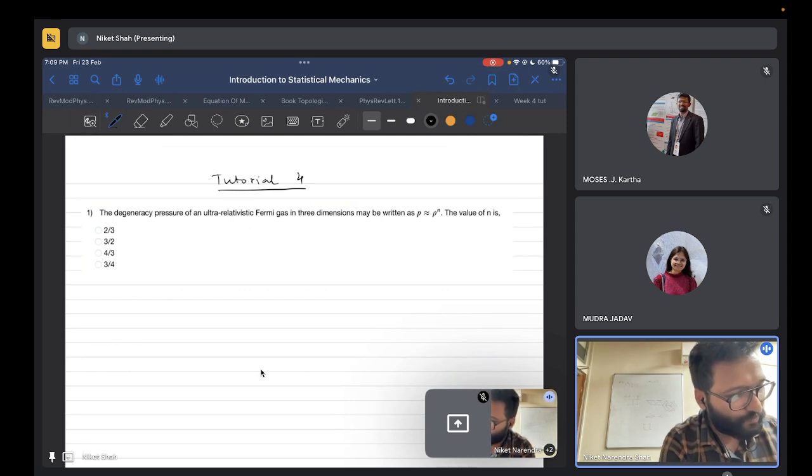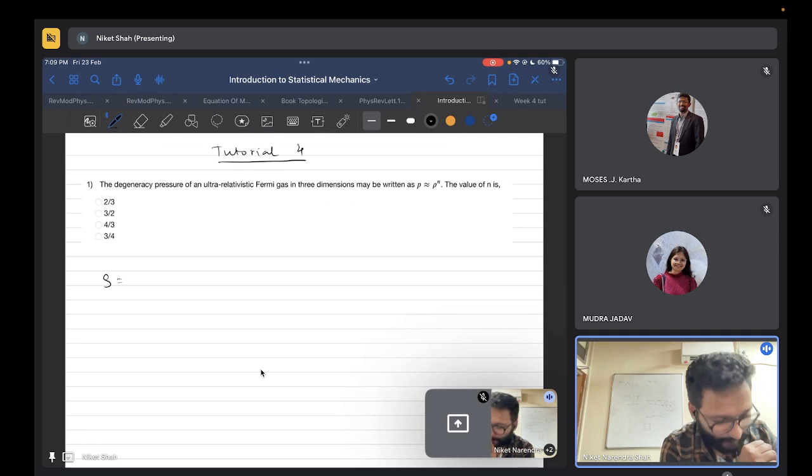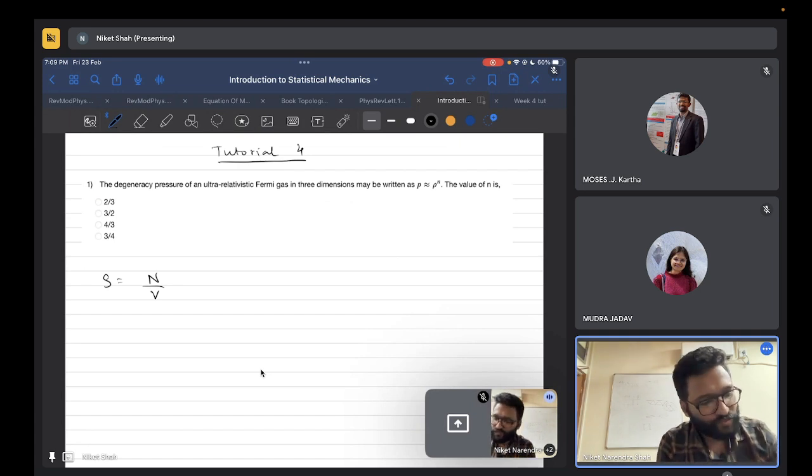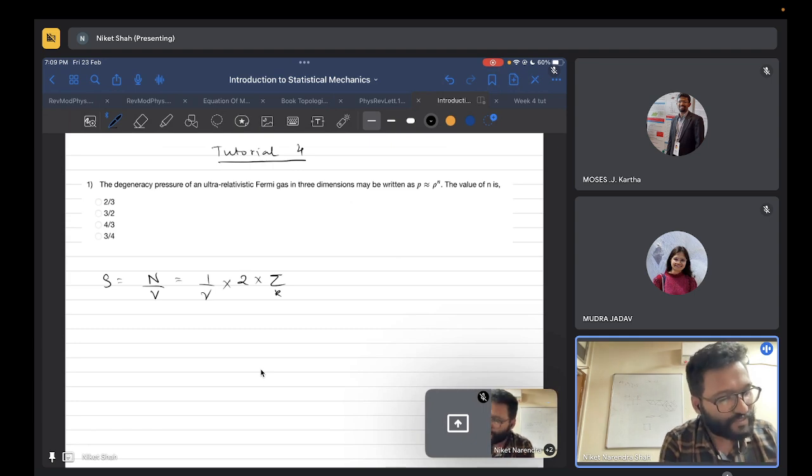First, what we will do is we'll be writing rho in terms of kf. It's already done, but just to give you a brief reminder, what is rho? Rho is simply N by V, the number density of electrons or the particles. So this is just simply 1 by V into 2 into the sum over all of k's, where k is less than kf,